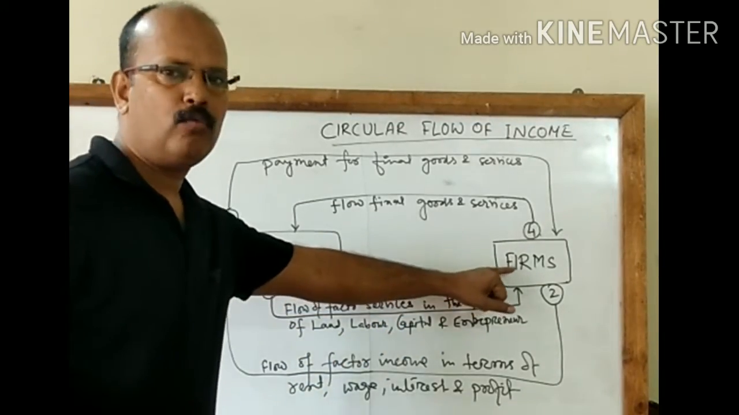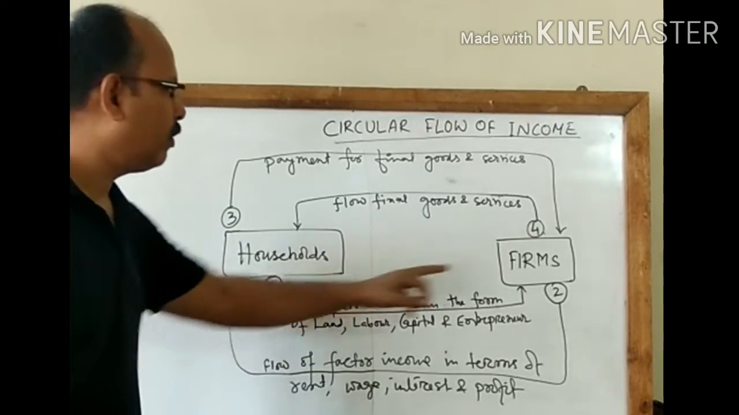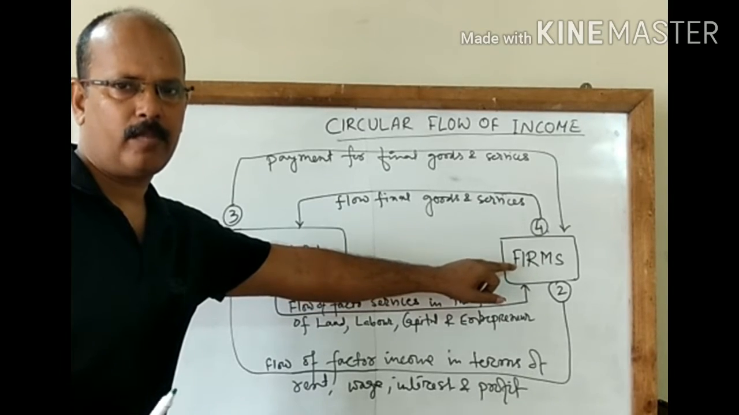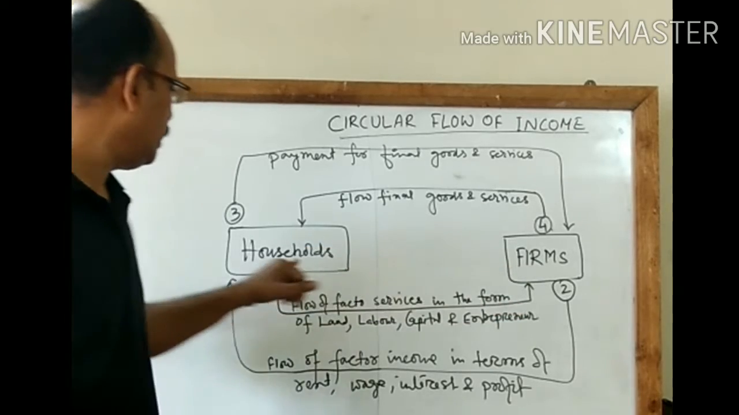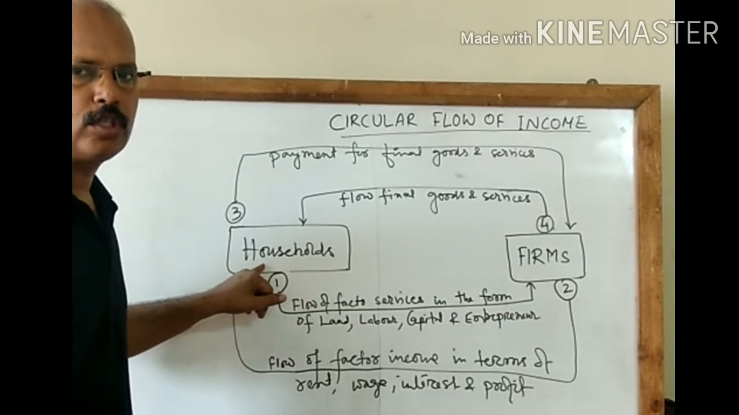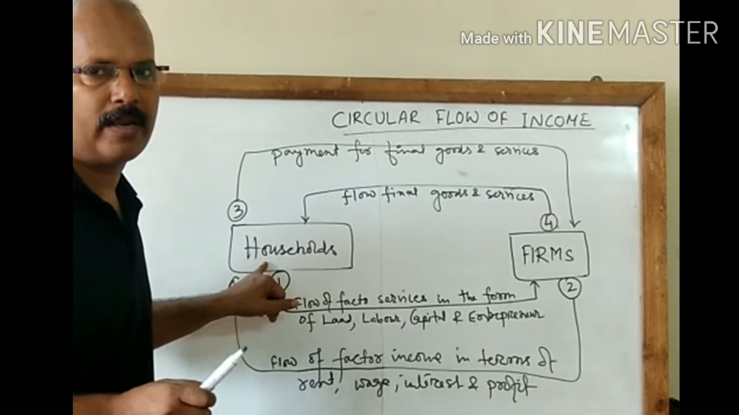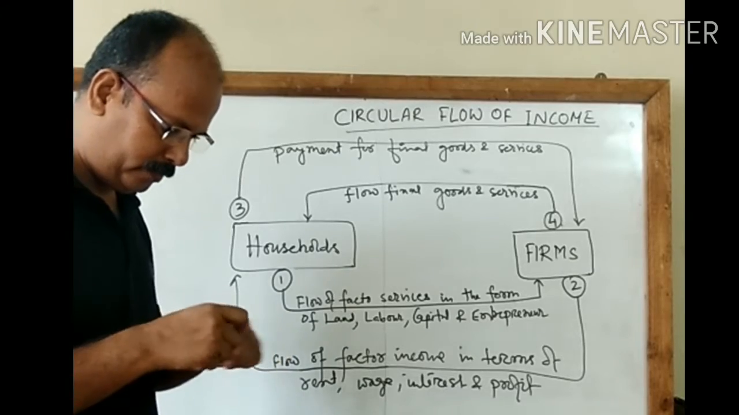Circular flow of income can be shown with this chart here. We are classifying farms, and this one is households. Farms means all the production centers, whatever it may be, small or large. And households means all the families that are providing all the factor services: land, labor, capital and entrepreneur. So how will the flow start? In the beginning,